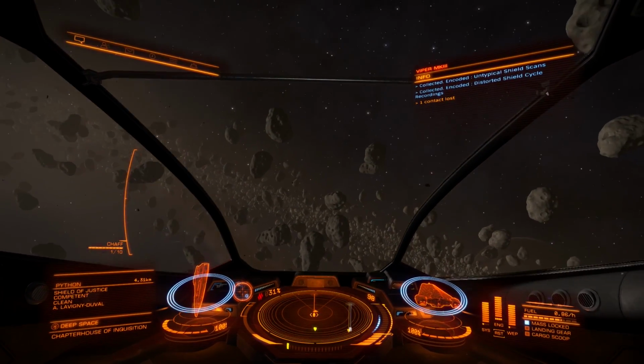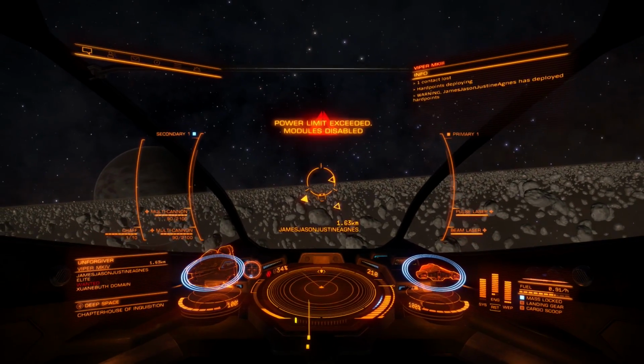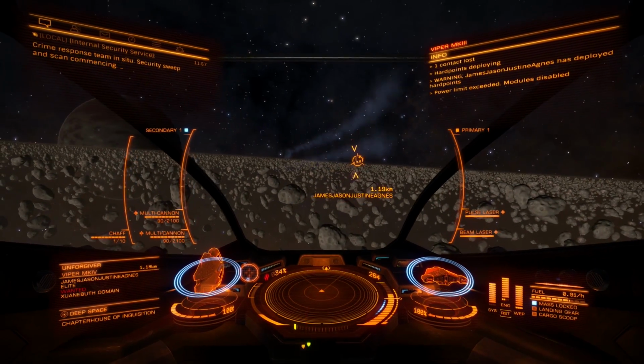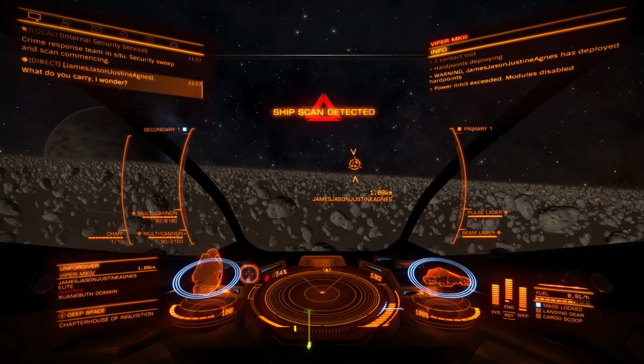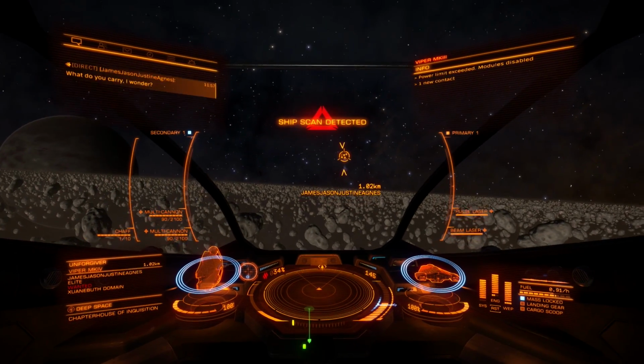Okay, so it looks like we're going to have to wait a little while. Okay, so here we are, first target. This one, a Viper Mark IV, and he is elite. So I'm expecting this to be a fairly difficult fight, and I may not survive it. Let's wait for him to...